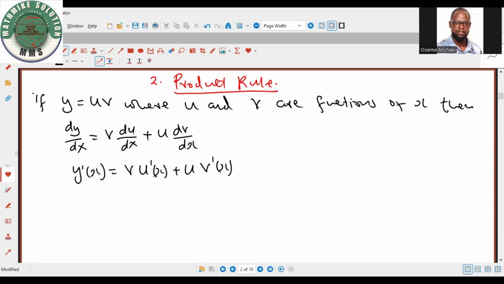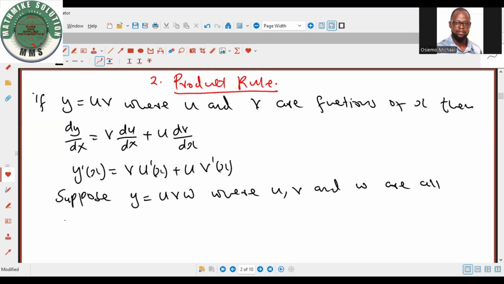So this is the derivative of u with respect to x. But suppose y is equal to u, v, and w, where u, v, and w are all functions of x,